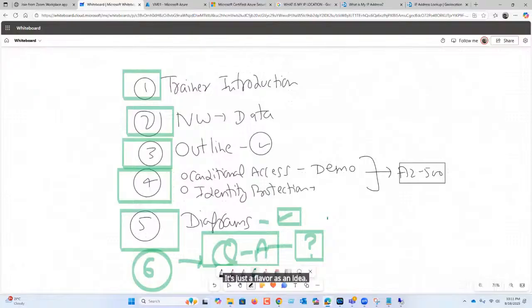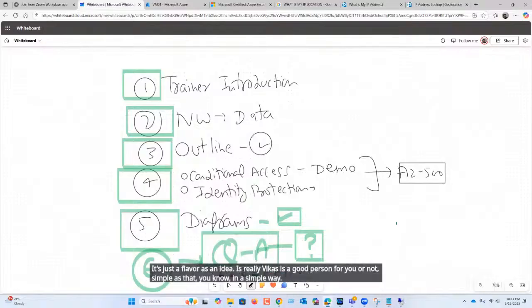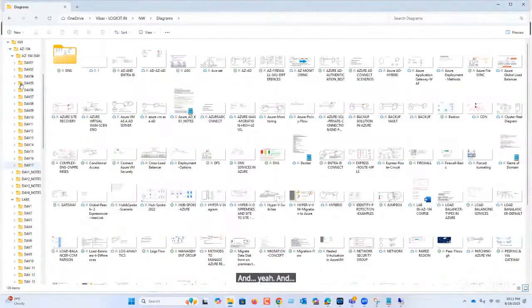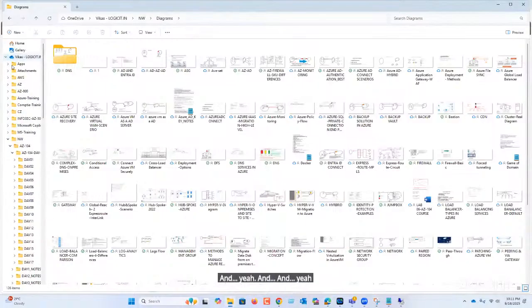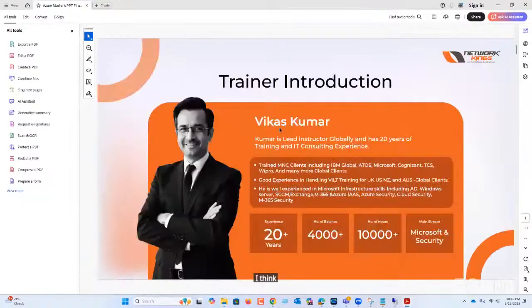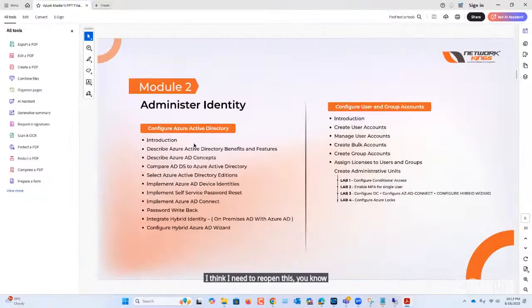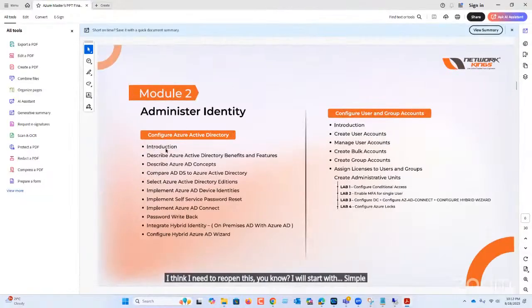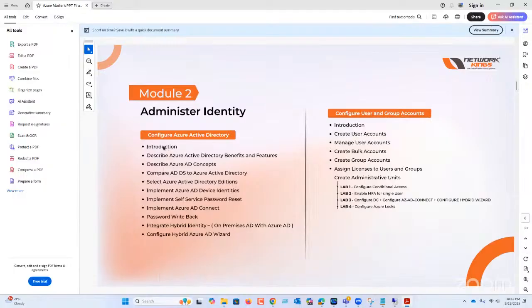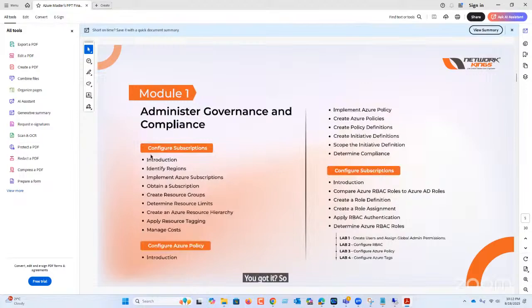Is Vikas really a good person for you or not? Simple as that, in simple way. Yes, got it. So don't worry. Whenever we do, I think I need to reopen this. I will start with simple what is cloud first. You got it. Thank you.